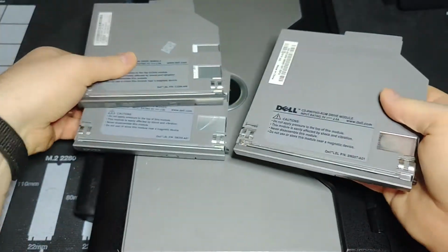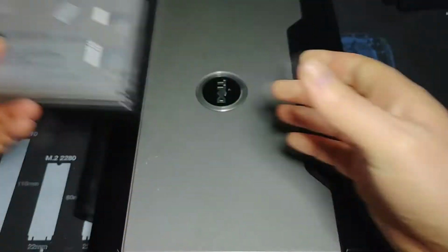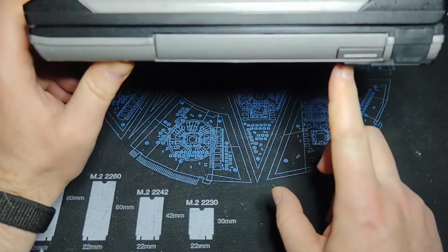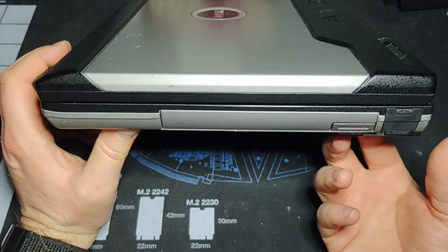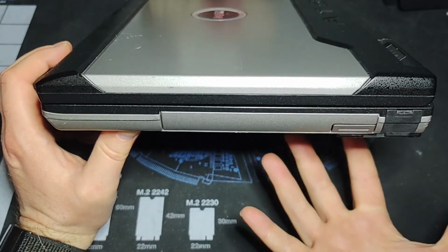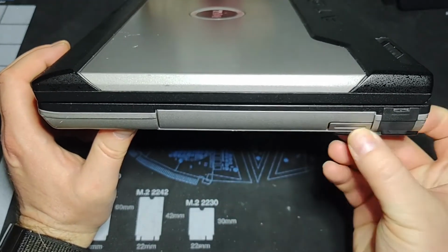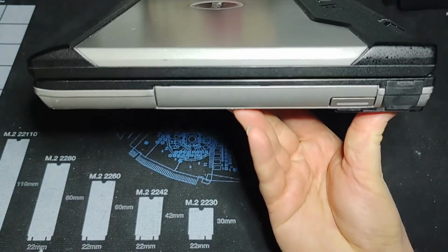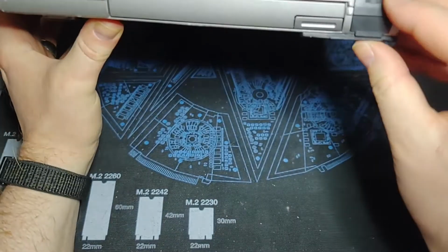and the way that they work is they just pull out and then slide in, and then there's a mounting screw to secure it that is part of the guides on here. So it screws in, and the screw actually stays there all the time, which on other laptops like ThinkPads, where you've got the removal option, that screw doesn't have to be in there all the time, but in this case it is there. It has to be in there all the time, or part of the rubberized part on the bottom here doesn't stay on. So I put the spare battery on here